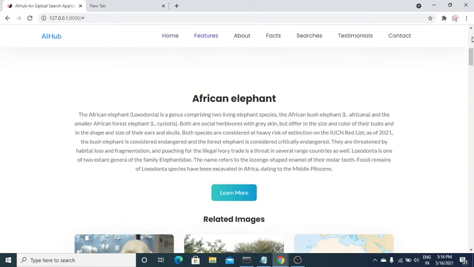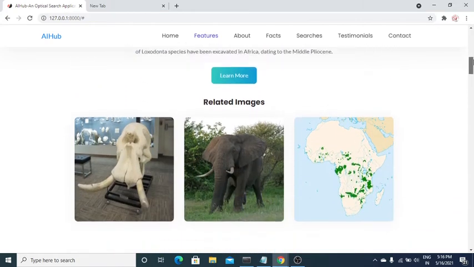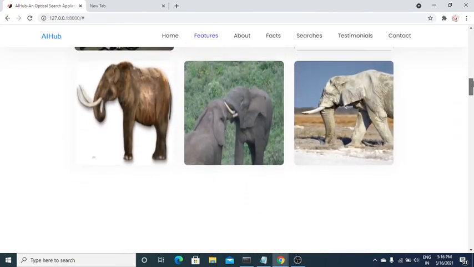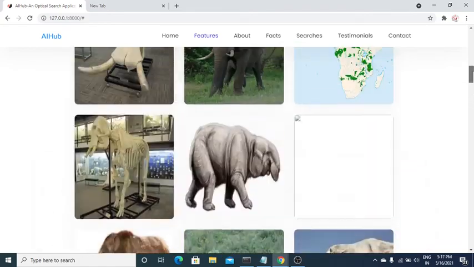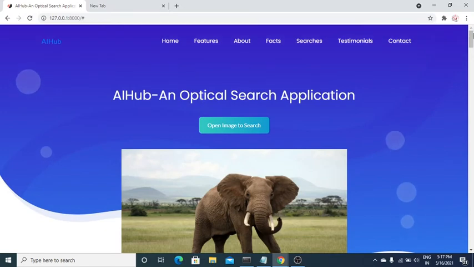The African elephant, Loxodonta, is a genus comprising 2 living elephant species, the African bush elephant, L. africana, and the smaller African forest elephant, L.